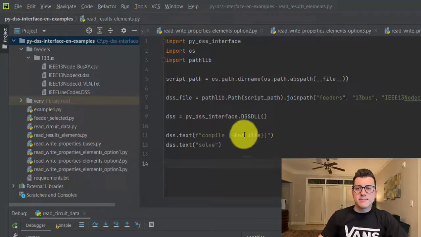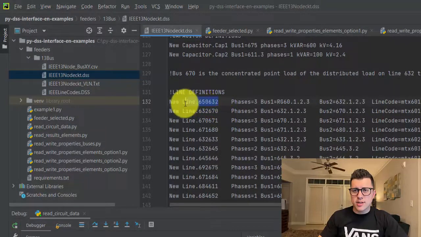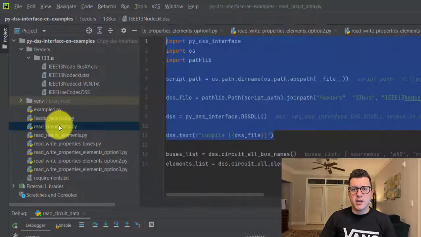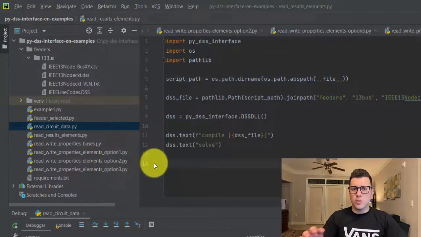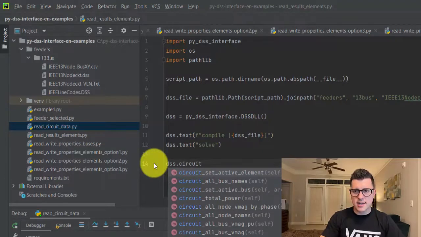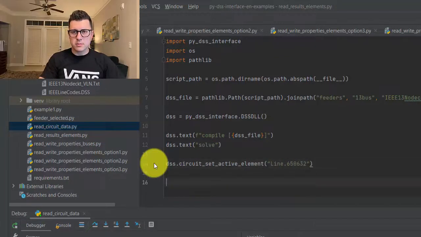I would like to get results for the line we were looking at, so for this one. So what we need to do is activate it to have that element, this line, available for our CKT element methods. So how do we do that? Remember, circuit set active element, and then I'll give that line. Then I'll print here